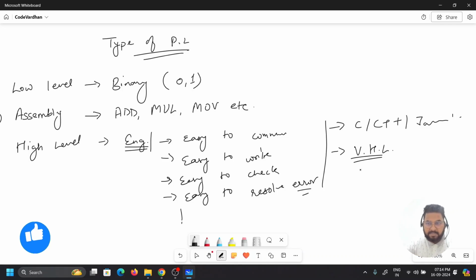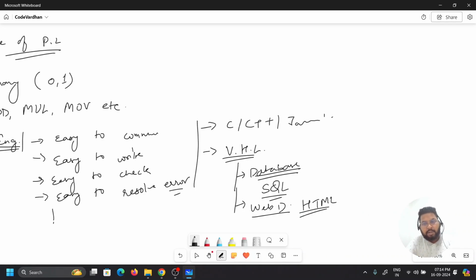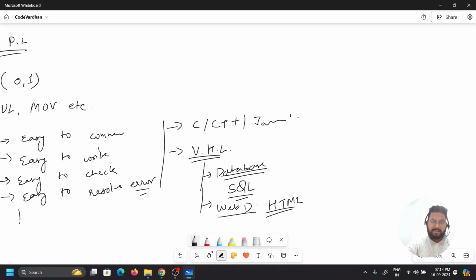In the same terms, in case of database, we have a fixed language that we call SQL. In terms of web development, we have a specific language that is HTML. Without HTML, we cannot create any type of web application. So these are very high level languages, and these are called domain specific languages.